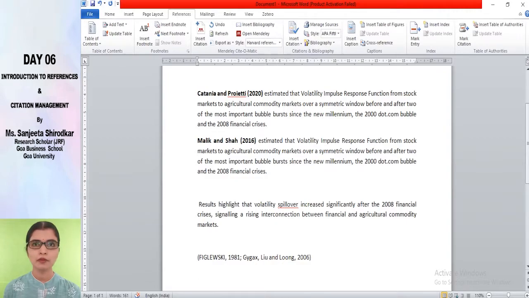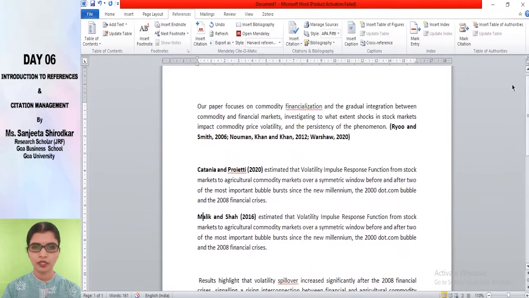If you want the name of the author in the beginning or middle of the sentence, there is one way, where the surnames appear and the year is in parentheses. And another way, you type a paragraph and you enter all your references in parentheses to support your claim.